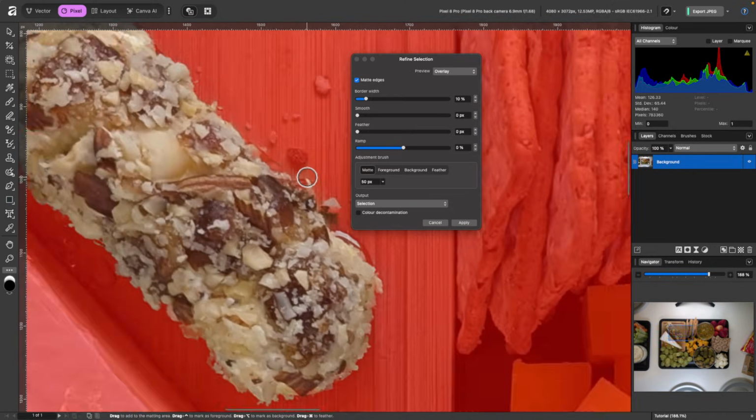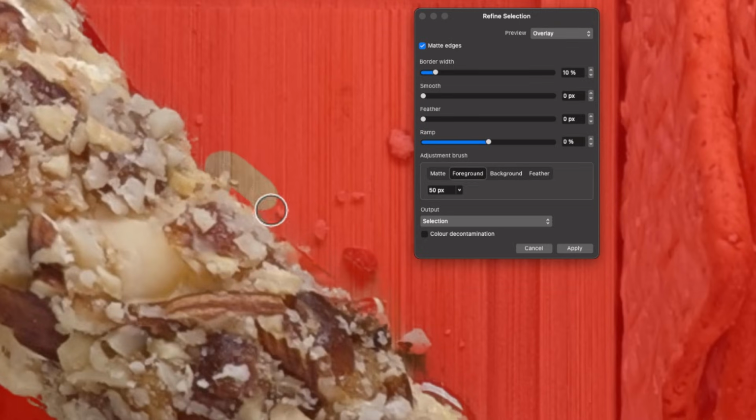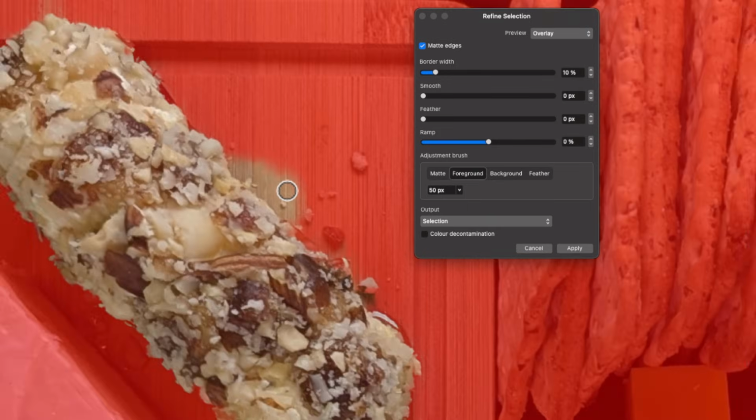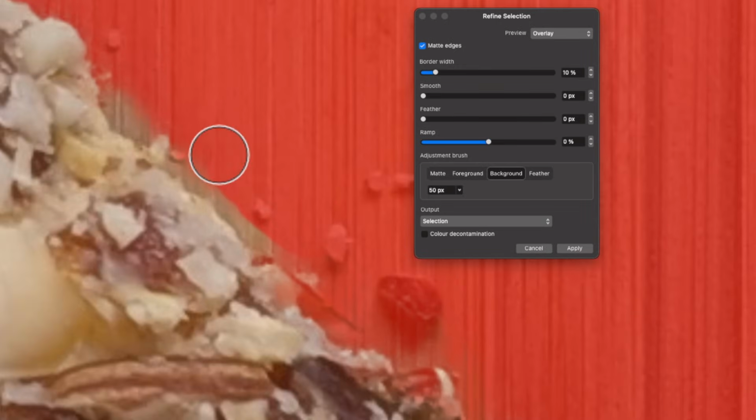So if we consider this object here as our foreground, if we click the foreground button here, you can paint out. Imagine it was coming out a little bit more there. Let go. It includes more of the foreground here. If you want to consider this part of the chopping board the background, you click on background here and you'd paint over that. You don't have to go all the way to the edge. It kind of knows. So if I let go here, see it creeps forward a little bit and I'll paint a little bit more, creeps forward a little bit more, and maybe I can use the matte again here. And there we go, that's done a really good job, hasn't it?